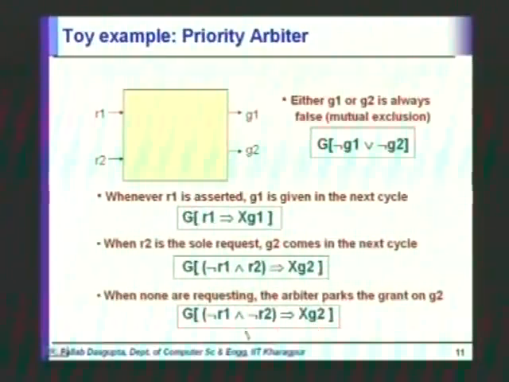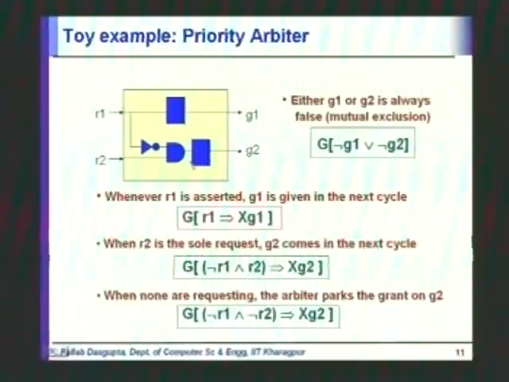Alright. So this says that whenever none of them are requesting, then next cycle G2 should get the grant. Now suppose someone has given us this implementation. The RTL designer has coded this implementation. What does this implementation have? It has 2 flops, an AND gate and a NOT gate. Okay. Now let us see whether these properties hold on